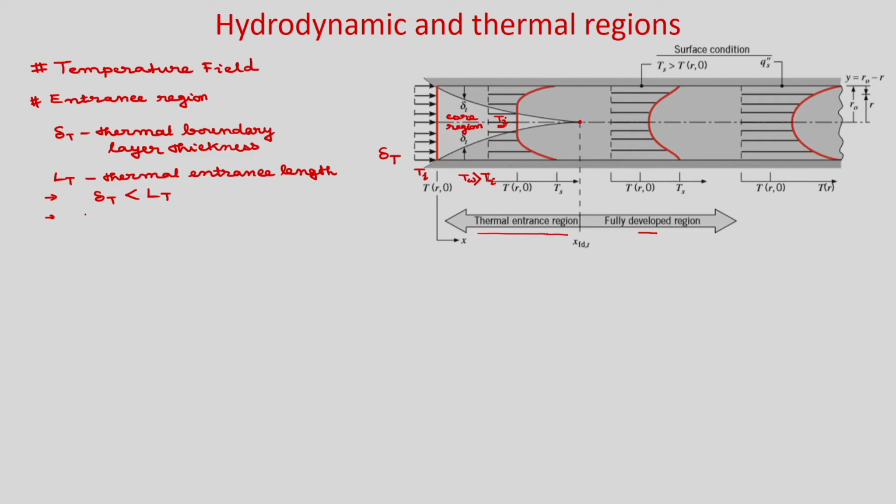So, the core temperature Tc is uniform and is equal to the inlet temperature. Okay. So, your Tc will be Ti in the core region, and the thermal boundary layer thickness will be less than Lt. Okay. And if you consider a fully developed region,